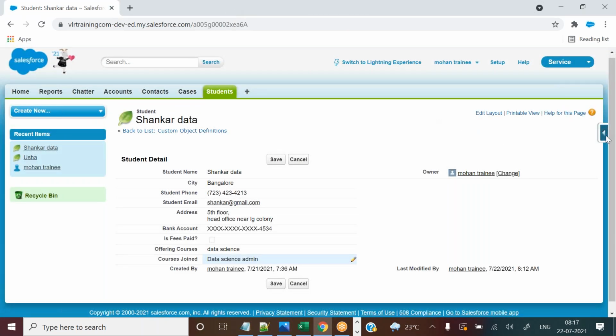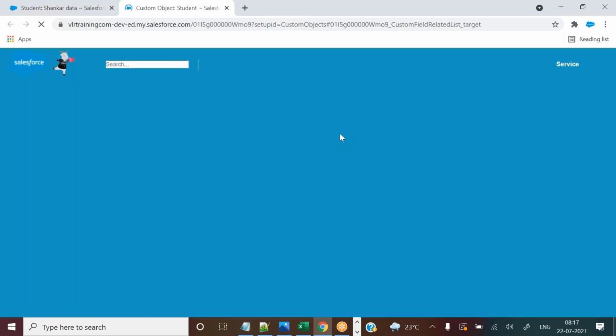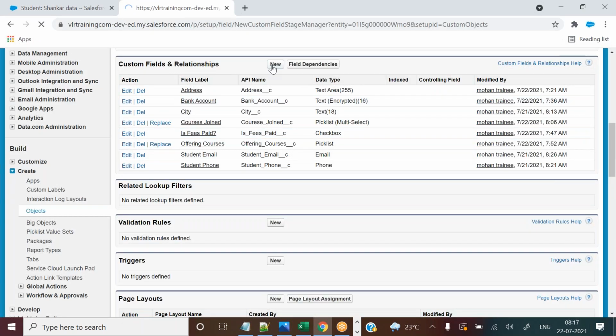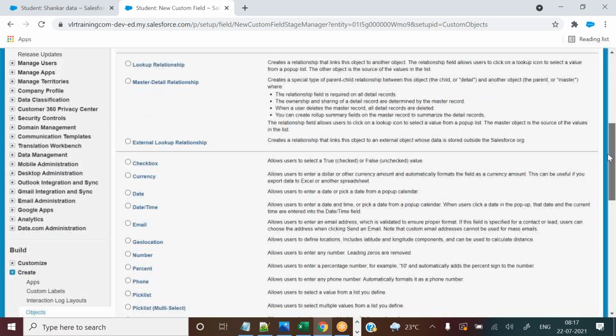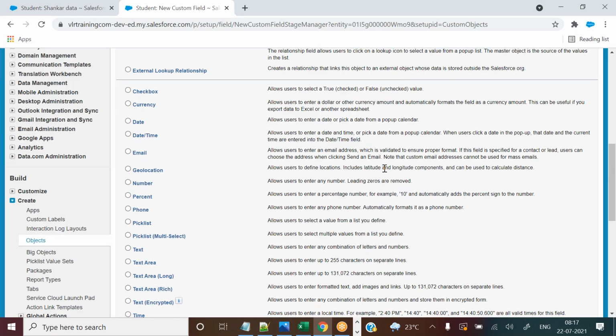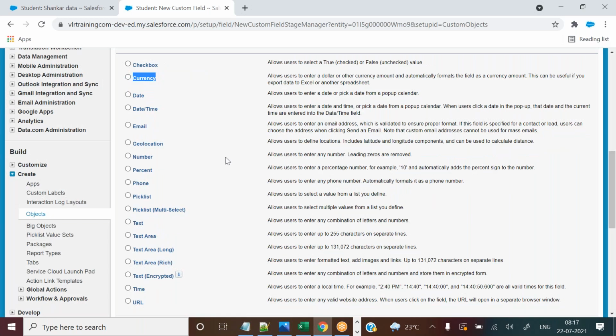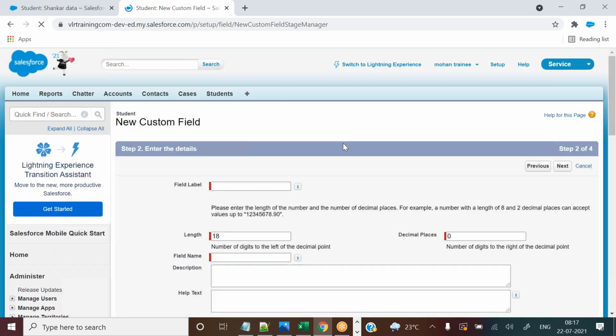Simply, you are in the students tab. Let's go to the fields and create a new custom field, and now select the data type. So for course fees, all fees related things, you can select currency. All money related fields, you can select currency only, don't go with numbers. Currency, because rupees, right? Currency means it will show rupees, dollars, like that. Click on the next button.